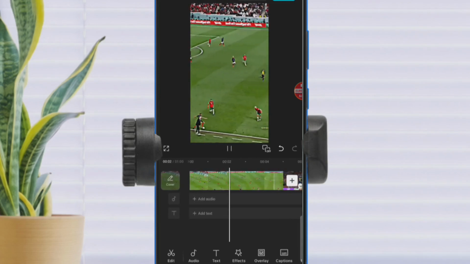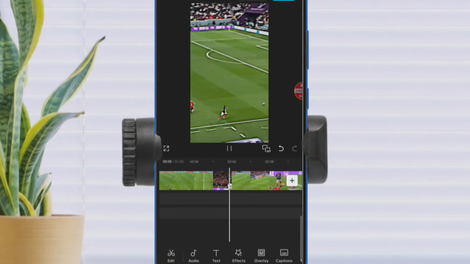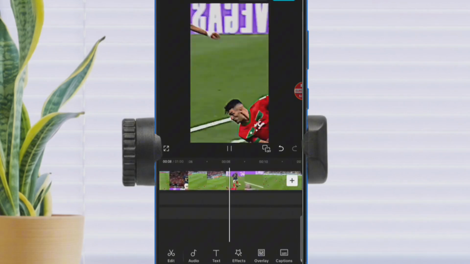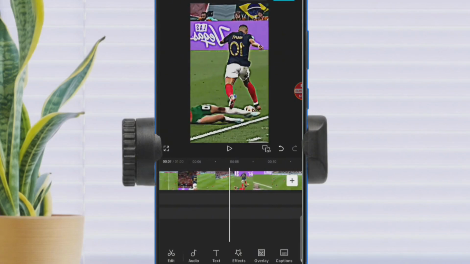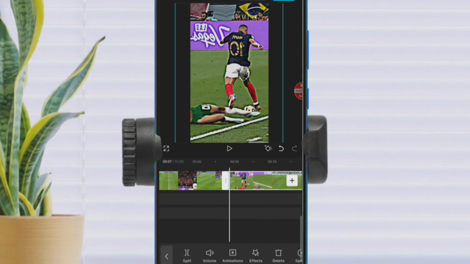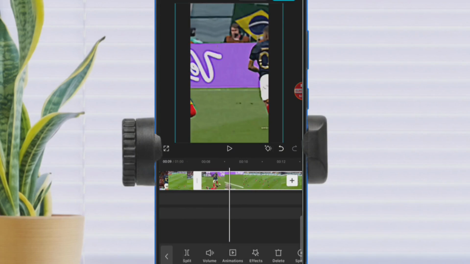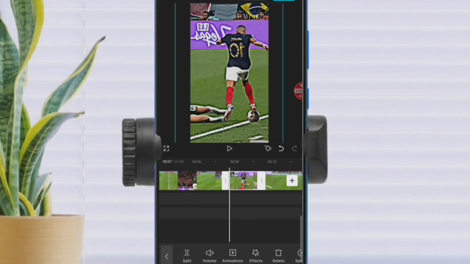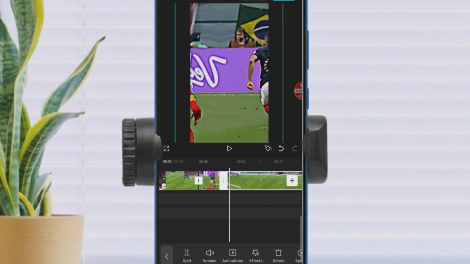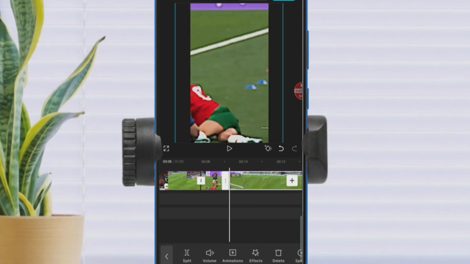We can go ahead and check for some fantastic moments, like the moments where Mbappe actually dribbles some players over here, or where he beats them with speed. Let's check for this section here. We can try putting another, different effect here, and it's going to make it more fun and more amazing to watch. Now, I'm just going to split that section, the section where Mbappe was about to go beyond that guy, and the section where Mbappe has actually gone beyond him. Okay, now I have split it.